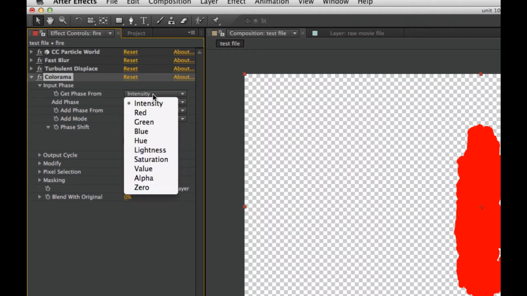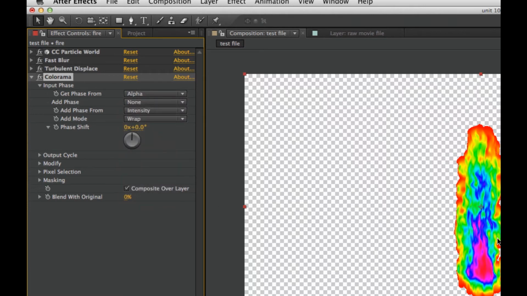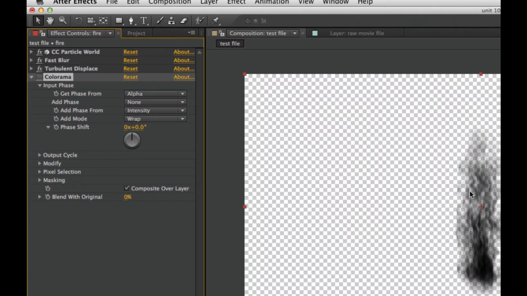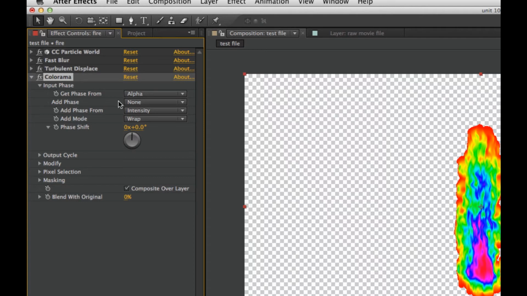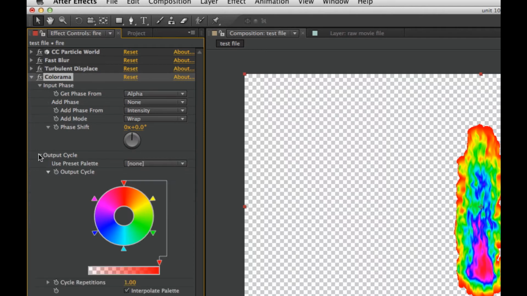But really what we want to do is apply it to the alpha, because as you can see we're on a transparent background here, and that way any of the smoke and stuff like that is going to change. So we're going to basically use the matte. Let me just turn this off for a second. See how we've got the alpha here, and you can kind of see it a little bit through here and not so much there. So we're going to use the alpha to get the information from, and then what we're going to do is output